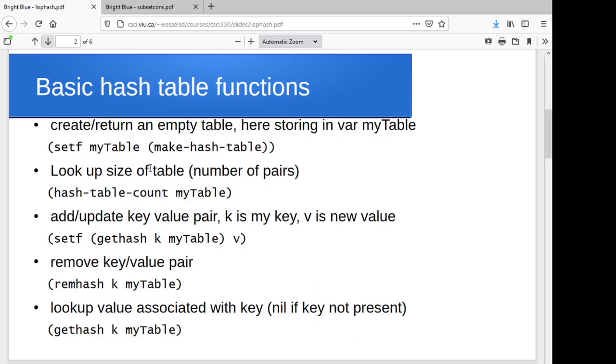So basic idea is make-hash-table is the function to create and return a new empty table. You can store that in a variable, pass it off to a function, do whatever it is you want to do with that newly created hash table. There's a hash-table-count function that just tells you how many key value pairs are in it right now. And there's a gethash function where you give it the key that you're interested in and the table you're interested in, and it returns the value associated with that key, or it returns nil if the key